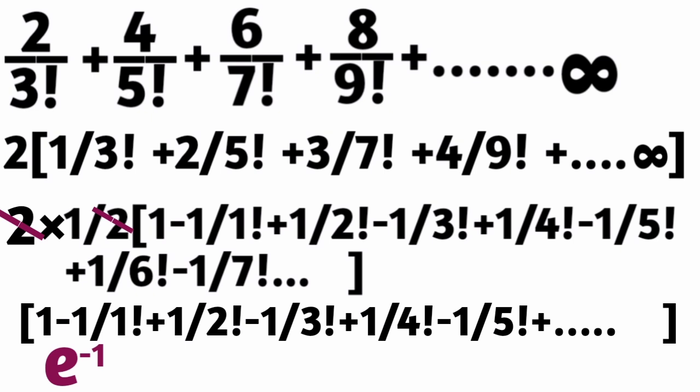Okay, as we know that we have to prove that the given series is exponential e with negative power, or in other words 1 upon e. Okay, so we have proved this.